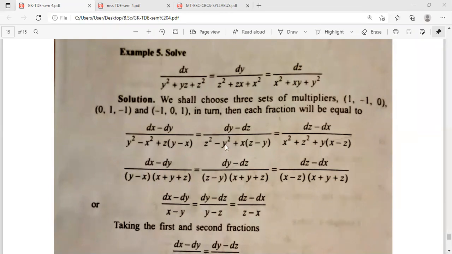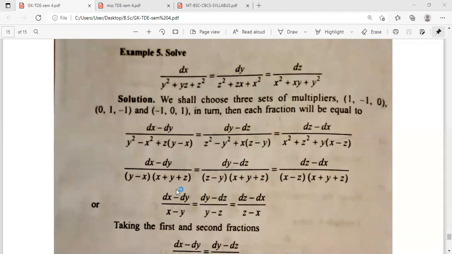Now here also the same, the second component. Here also z minus y is there. You can write z square minus y square as z minus y into z plus y, because again the a square minus b square formula. And here also you are writing the same way. Here you get the same. Here also you are getting the same. Now totally you are getting dx minus dy by y minus x into x plus y plus z,